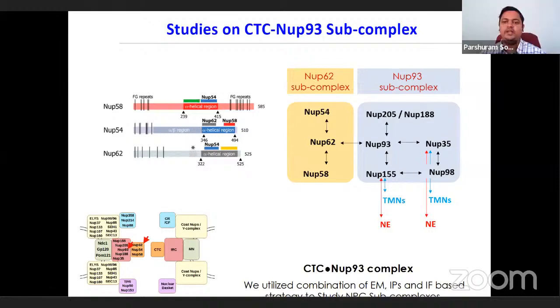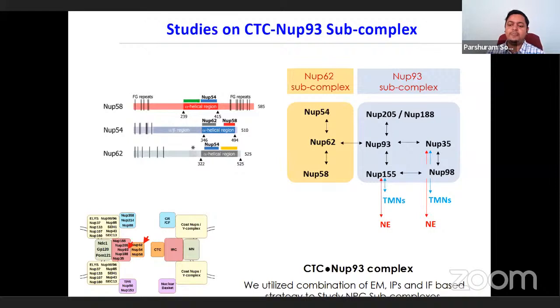To do that, we utilized a combination of electron microscopy, IP, and immunofluorescence based studies. Something which I am not showing in this presentation is that when I started, I started purifying only NUC93 protein. To my surprise, after spending 1.5 years, we realized that we had tried almost all possible methods of purification, expressed in human and mammalian expression systems, bacterial expression system, utilized different methods, different tags,